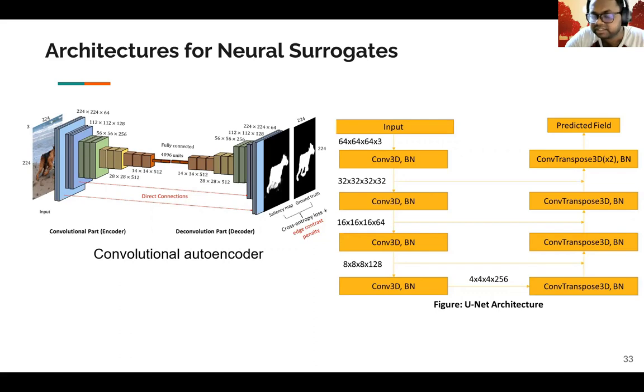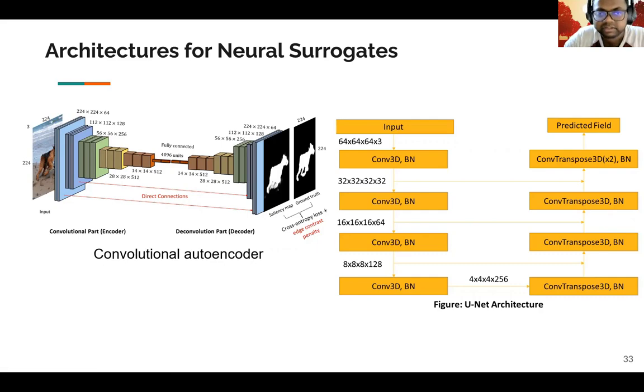The other benefit is that you may end up reducing the memory footprint, and you need fewer layers to get the same performance. Now, this brings an end to what neural surrogate architectures are.